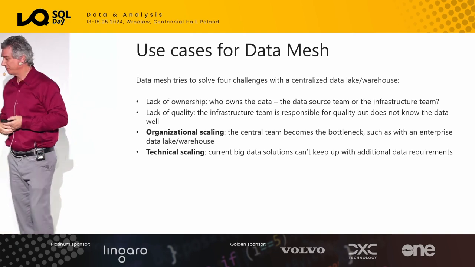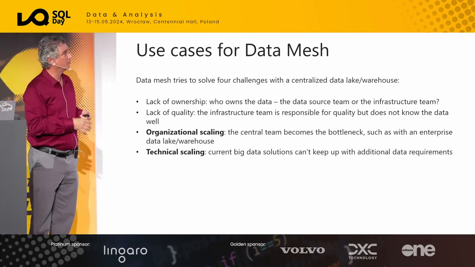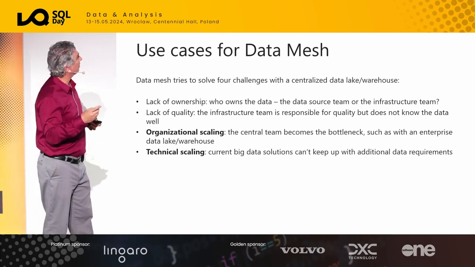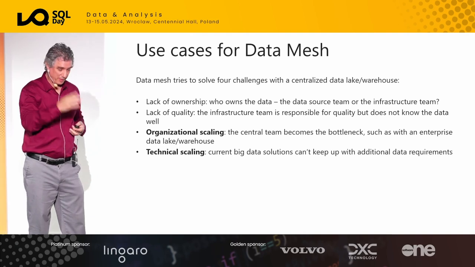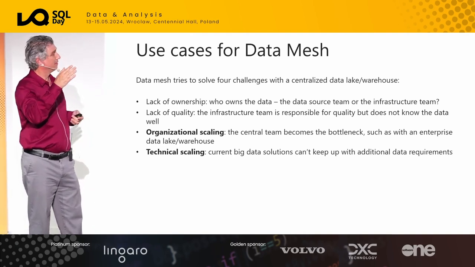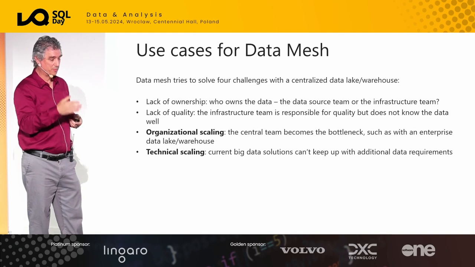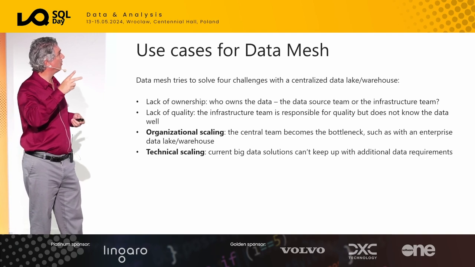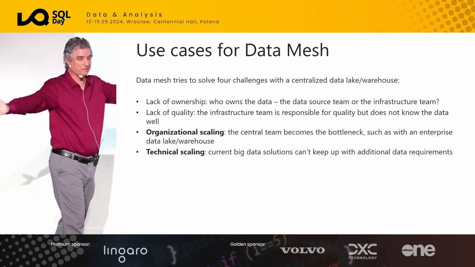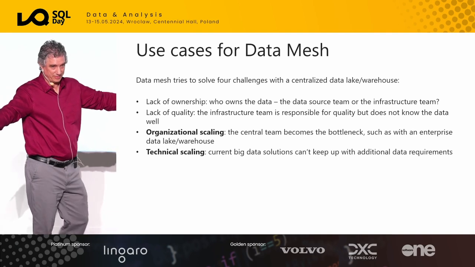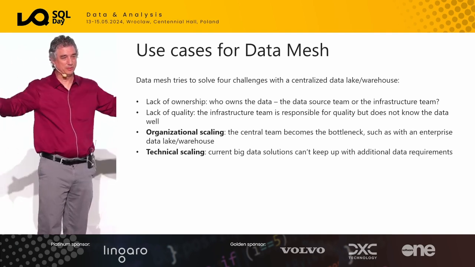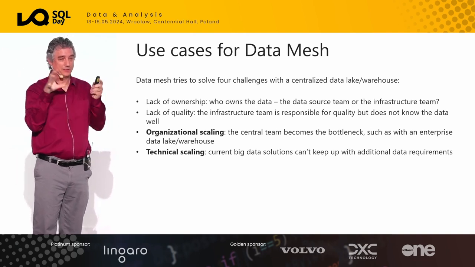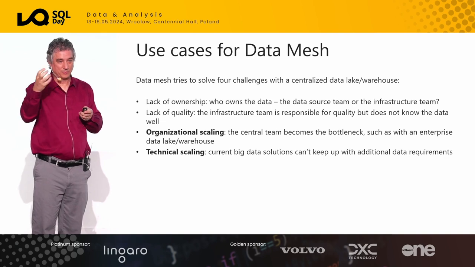So what does data mesh help? What are the 4 challenges it solves? 2 of them are lack of ownership and lack of quality. Domains own the data, no argument there. They're going to clean the data, and they know it best, so the data quality will be better. The 2 biggest reasons for data mesh, though, are organizational and technical scaling. If I have more domains, each of them hire people to build the analytical solution. More domains, more people. I'm scaling out. I'm solving the organizational problem that you have with IT doing everything, because IT has a limited amount of people. They become a bottleneck as more data requests come in.